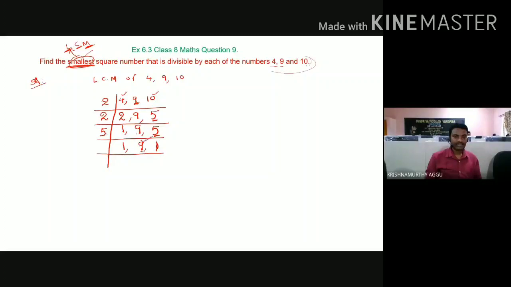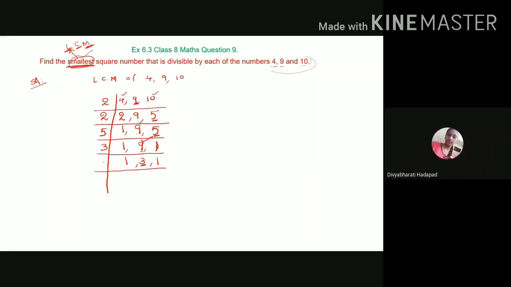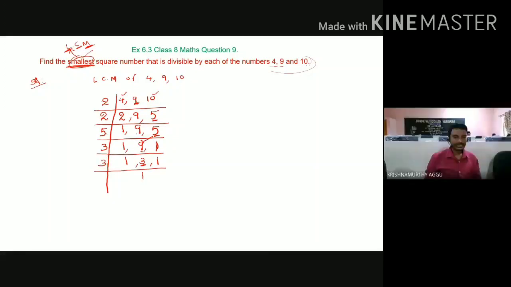Next, you select this 9. 9 is divisible by the prime number 3. 3 how many times 9? 3 times. The others are not exactly divisible, so as it is you can write. Next, since this 3 is a prime number, which prime number divides this 3? 3. 3 one time 3, and the remaining are not exactly divisible by 3. We can write as it is. Till getting 1 we have proceeded.